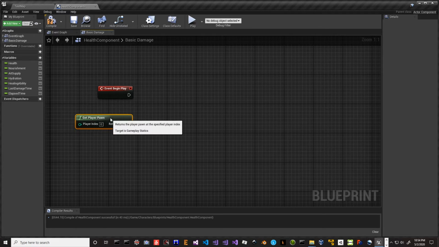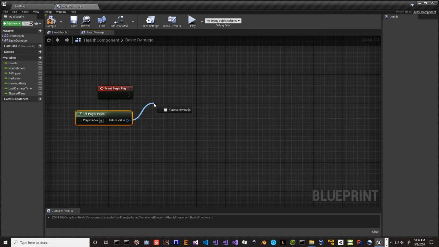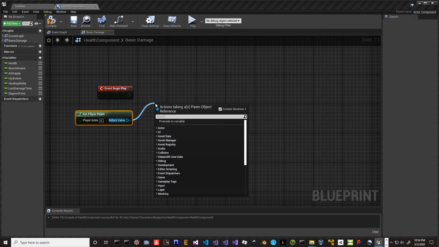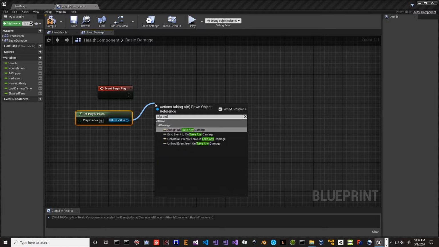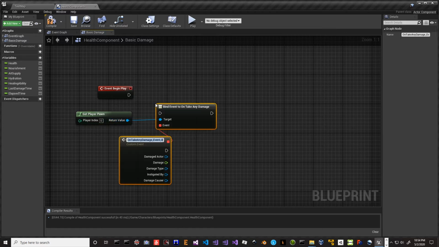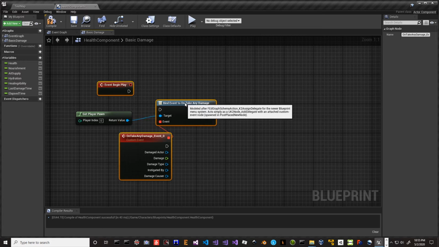And in this particular case, we don't even have to worry about casting it, because we can deal with it at the very highest level of abstraction. All player pawns will have this. And what we want is take any damage. And here it says assign on take any damage. That's the one we want, because what this is going to do on begin play